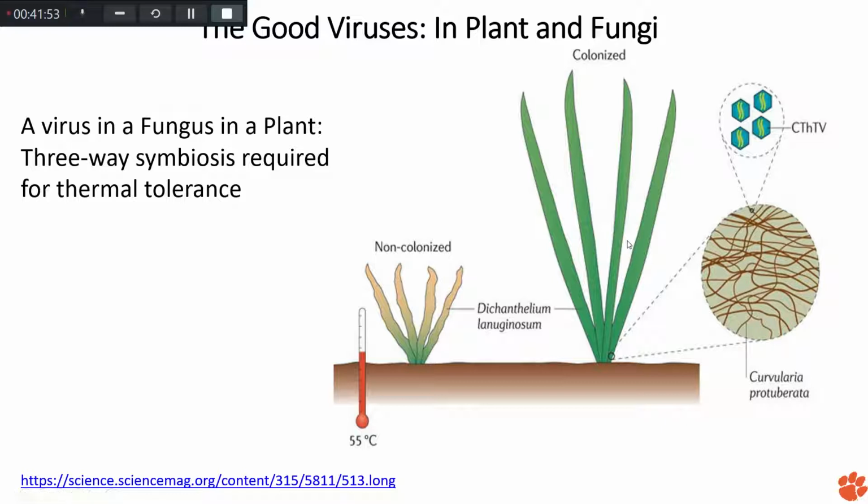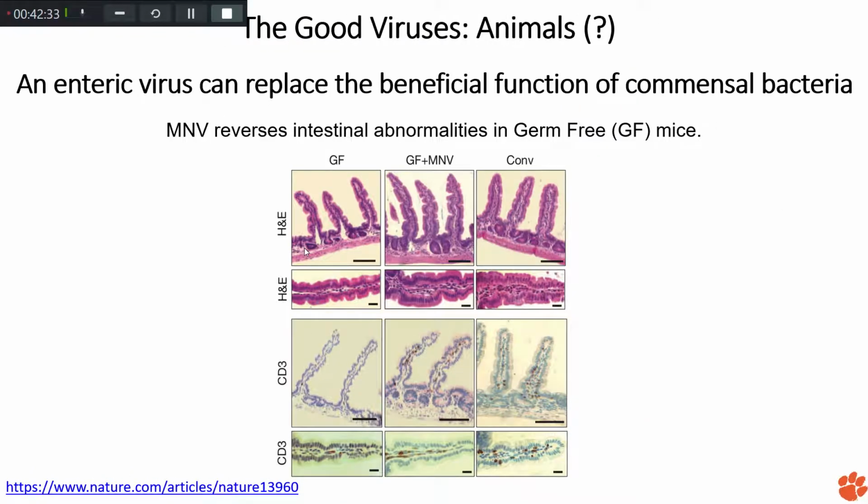So it's kind of amazing, the research that they came up with. If you try to grow the grass in the laboratory in that similar condition, with the Dicanthelium and the Curvularia but without any viruses, they will not grow. You need the virus infecting the Curvularia so that they can colonize and grow. And these are long grasses. They could be up to 3 meters tall, like 8-9 feet tall. So this is one of the interesting parts, where we see that there is some symbiotic relationship with the viruses. There is also another interesting part.